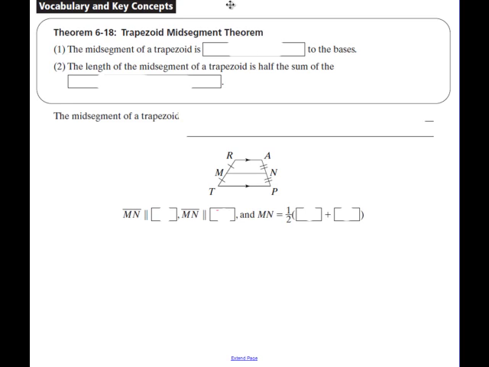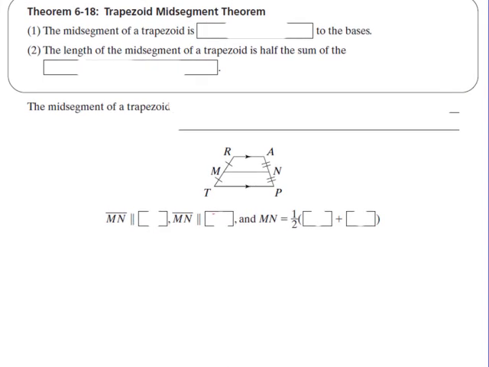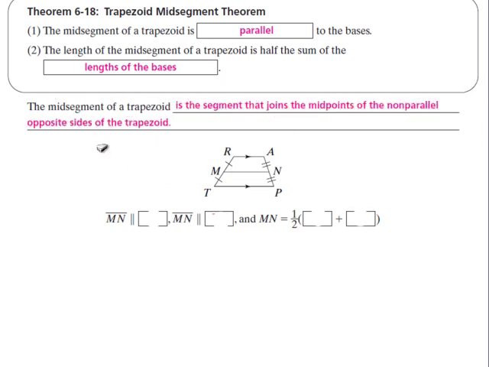I would walk you through how we determine the midsegment of the trapezoid, and we can reveal that it's going to be parallel to the bases, and also the second part of that is that the length of the midsegment of a trapezoid is half the sum of the lengths of the bases. So we could point out that sort of information. You guys can jot down definitions, we can look at that, and then